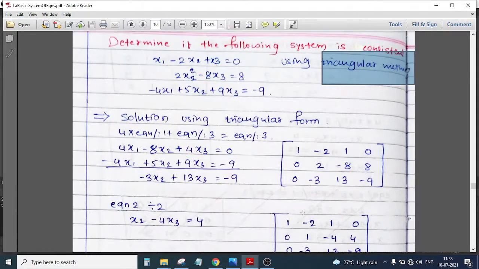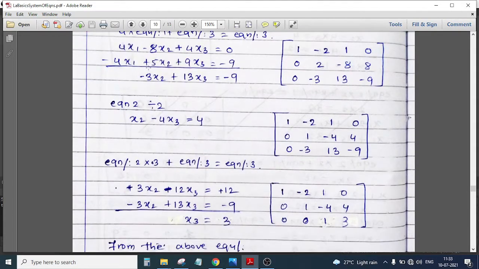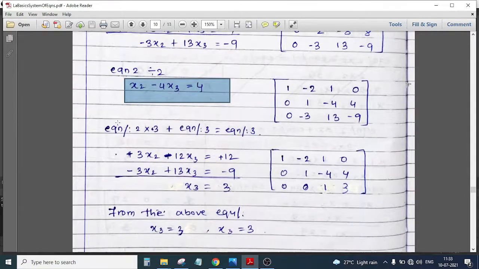Okay. So let me take you back here. After that, we will be doing an operation which is x2 minus 4x3. See here, x2. Here we have x3. So this is our x2. So once you do that, what will you be getting now? The answer you will be getting is 4. Fine. Next, what will we be doing now?